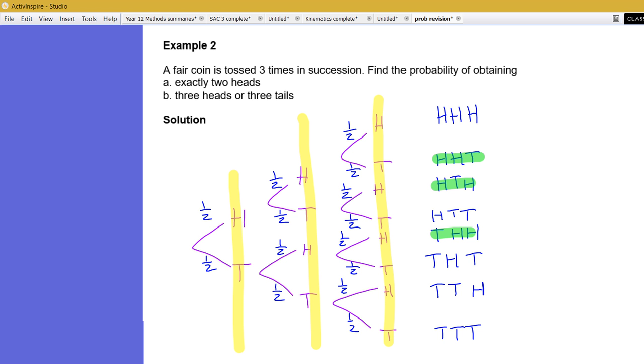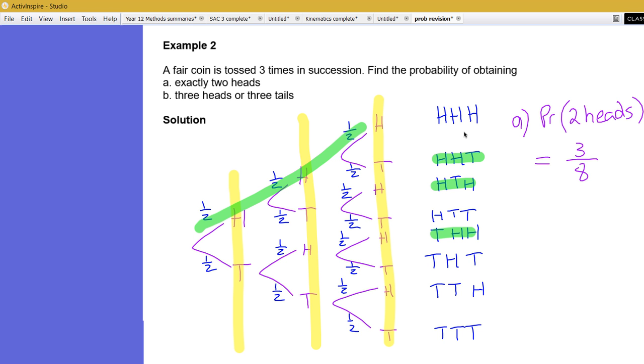So because the probability is the same for a head and a tail, all of those probabilities are the same. Therefore, all the branches will end up having the same probability. It's all a half times a half times a half. So this branch here has a probability of 1 in 8, and it would be the same for every single one of the branches. So because there are 3 branches out of a total of 8, we can just quickly and easily say that for question A, if we want to know the probability of 2 heads, there are 3 different branches which would give us that,